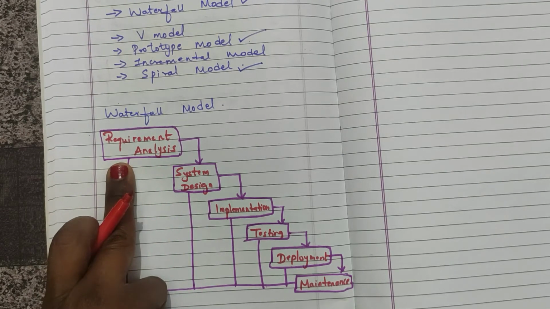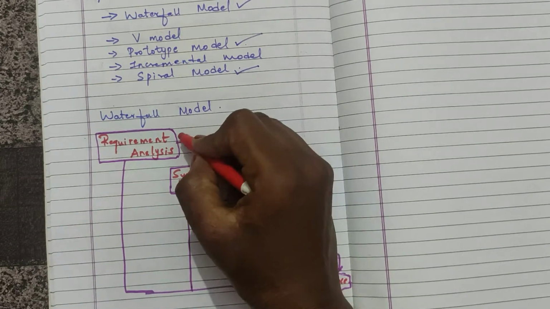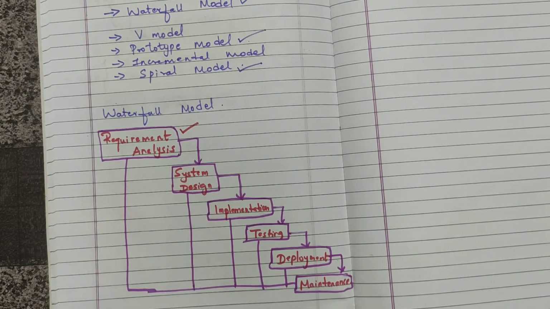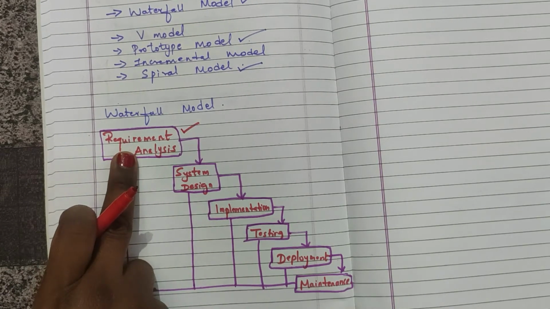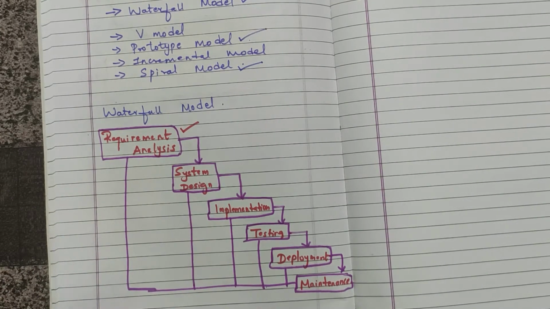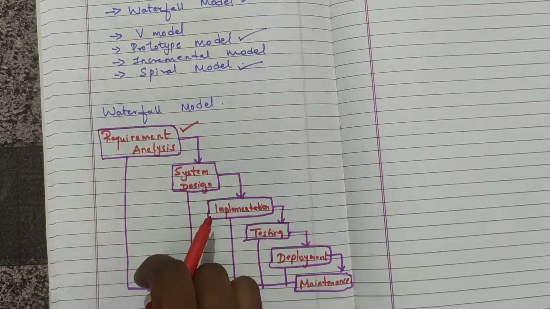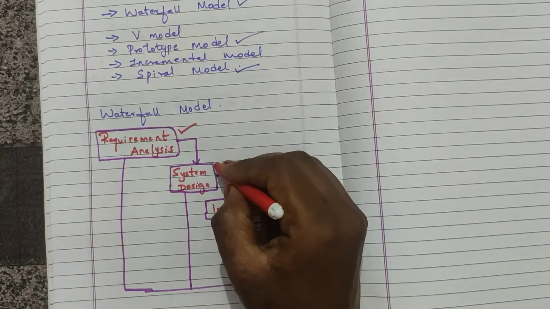So what is requirement analysis? So in this you will gather all the possible requirements for the system to be developed. You will gather the information. So that is what requirement analysis is. Now system design. In this system design, the requirement specification from the first phase, whatever information we have gathered to make a project, is studied in the next phase, that is system design, and then the system design is prepared. Now this system design helps in specifying hardware and system requirements, and this will also help us in making the system architecture. Now we are done with system design.